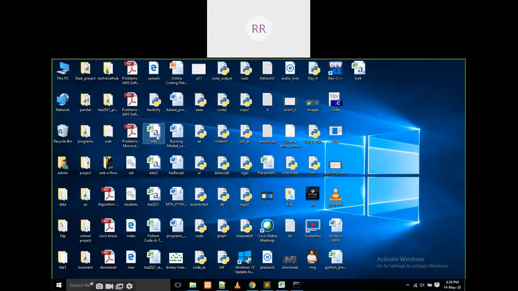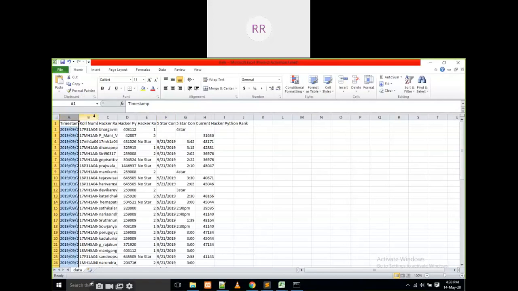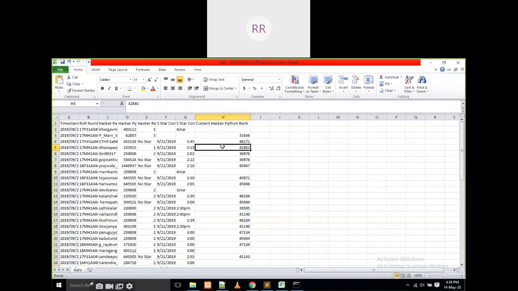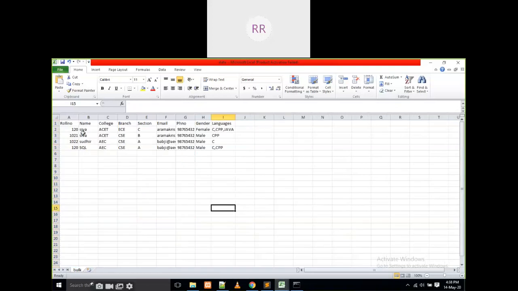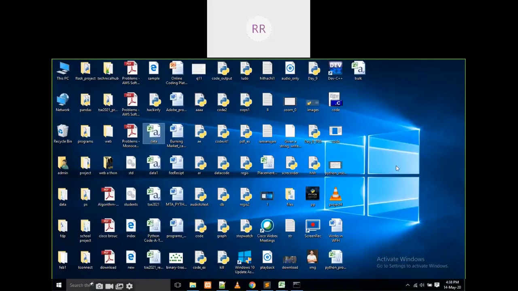It is some data here. How many fields are there? 1, 2, 3, 4, 5, 6, 7, 8, 9 fields are there. Okay, if it is also 9 fields, we cannot do anything.